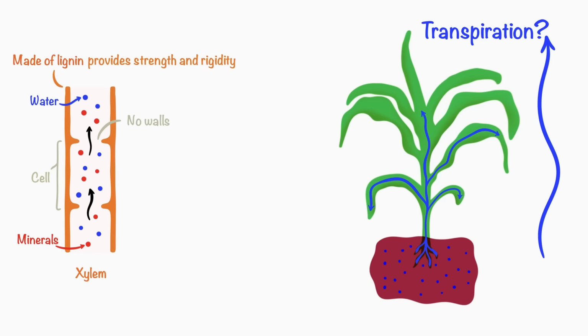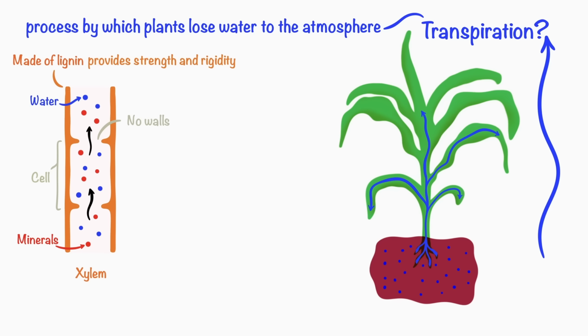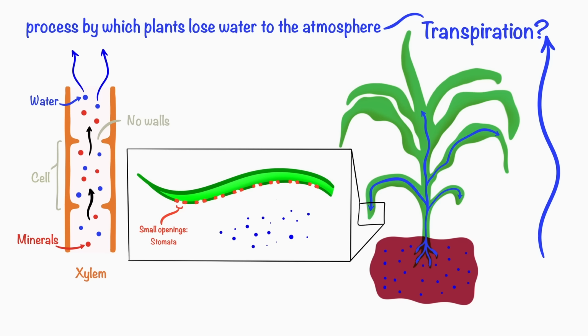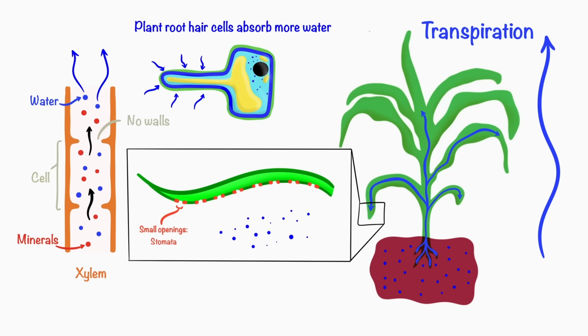So, what exactly is transpiration? In simple terms, it's the process by which plants lose water to the atmosphere. But the process is more complex than it first appears. Transpiration occurs through evaporation and diffusion of water from the plant's surfaces. The majority of water loss happens through the leaves via small openings called stomata. When water evaporates from the leaf cells, it creates a mild water deficit, which pulls more water up from other parts of the plant through the xylem vessels. This in turn draws more water up from the roots, creating a continuous flow of water moving through the entire